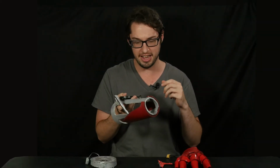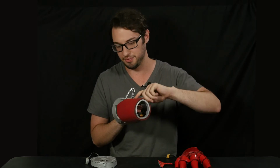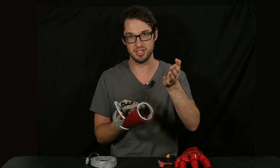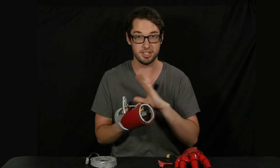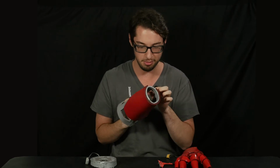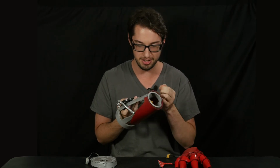I originally had some extra wiring and stuff like that, all hot glued all over this thing, and it looked really cool. And I don't know if I have any pictures, because if I do, they'll be up right now. But unfortunately, all that stuff broke off, and I kept trying to re-glue it back on with the hot glue, and it just didn't want to go on, so I just kind of...